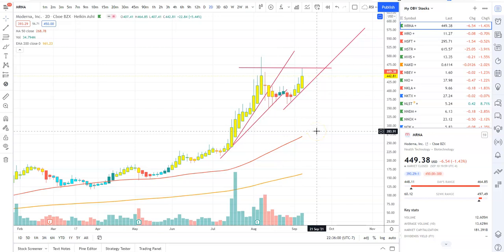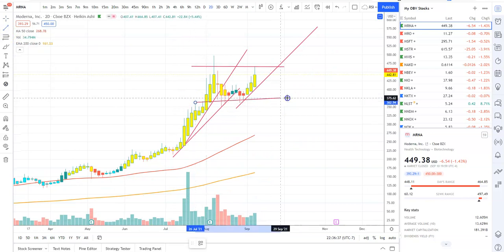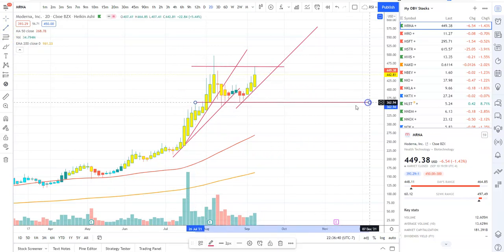But guys, I believe that this chart of Moderna now is really getting ready to blast off to the upside again. And I'm going to show you the evidence I have for that. And once again, guys, I believe we have a chart that just looks like a coiled spring ready to shoot to the upside, and I'm going to give you the details here in this video. So like I said, we've had this kind of pause in the action since early August, and we've just been kind of consolidating pretty nicely here in this range between about